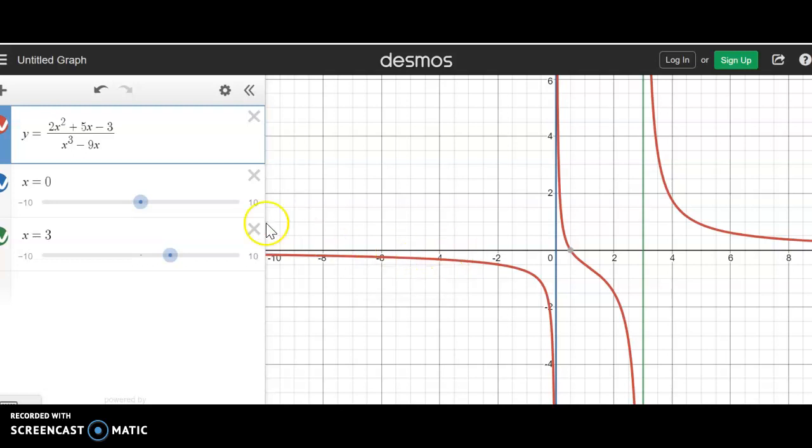Okay? So our domain was x cannot equal 0, and that ended up being a vertical asymptote. X cannot equal 3, that ended up being a vertical asymptote. X cannot equal -3 either, but it's a hole, not an asymptote. Okay? So be careful. If your function's not